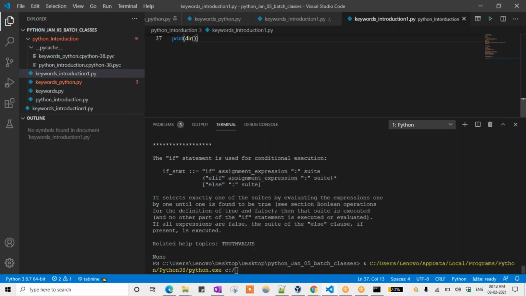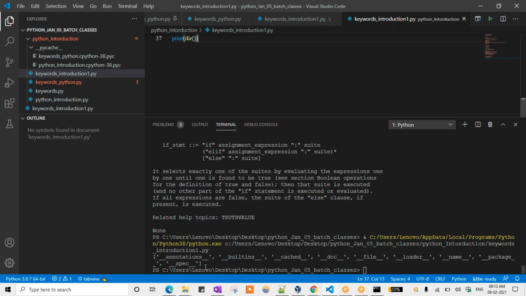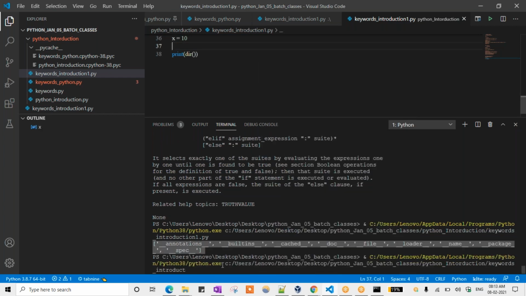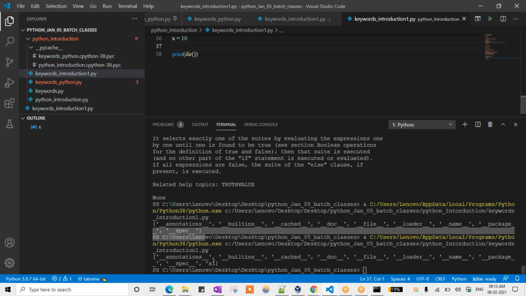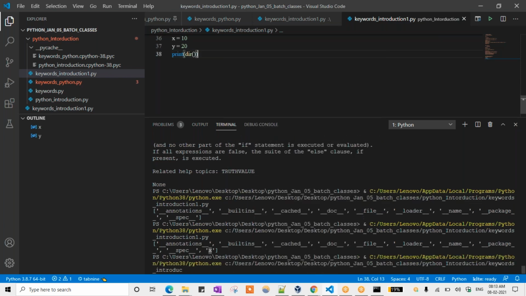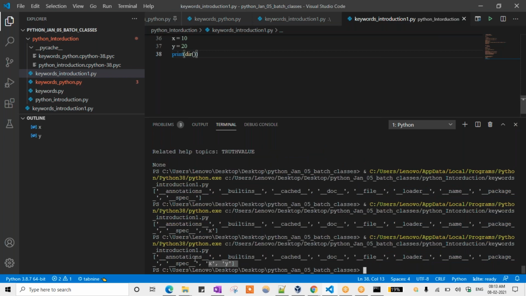Okay, let's see now. Here we are seeing all the inbuilt functions, right? We are not seeing any data here. Right now, suppose here I'm giving x equal to 10. If I run now, it will show the x variable also in that directory. See here, we are seeing that x also here, right? Including that particular file in the directory. So whenever we are updating something, it will be added into the directory also. Now I assigned y equal to 20. Now it has to come updated. See here, it is updated in the directory.